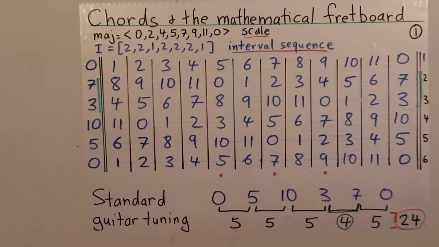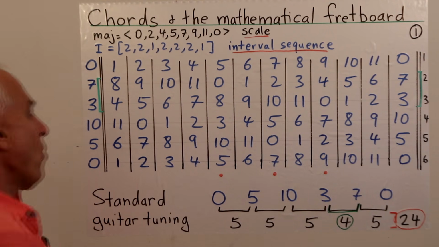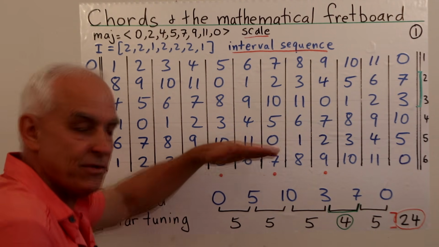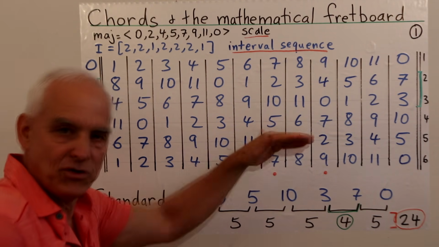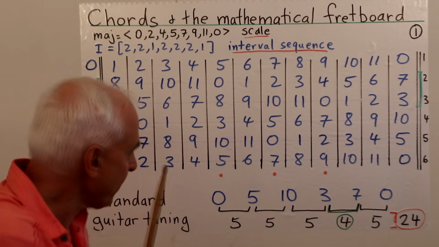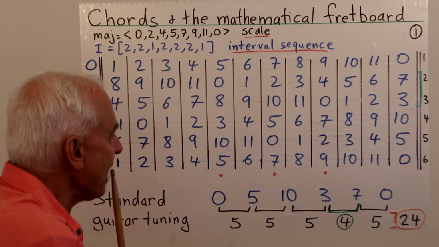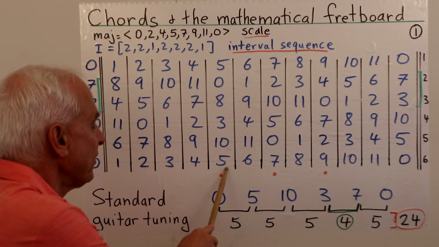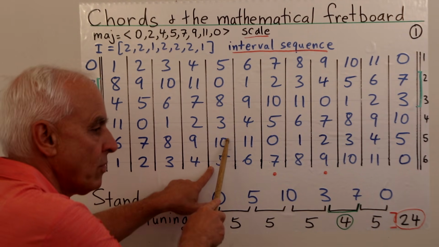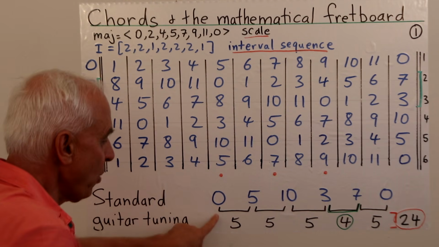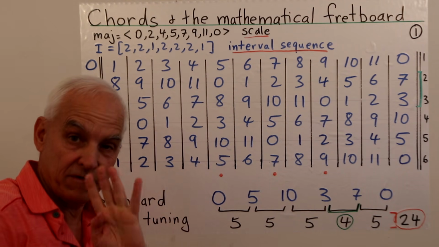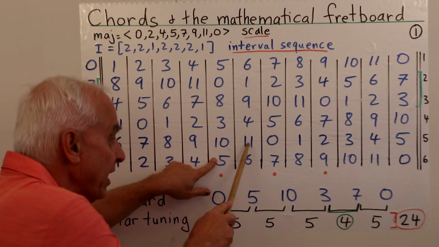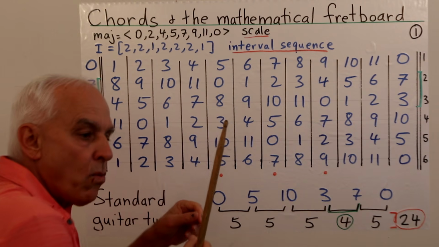The next thing that one probably wants to think about is what happens if you just go from one string up to the next string, but don't move too far to the left or right. So, for example, let's say we're here, okay, at this 5. If we go up in the same fret, then we know that we're going up a 5 step, which is a perfect 4th. Okay? So it follows that if we go from here to here, we're going one more step.